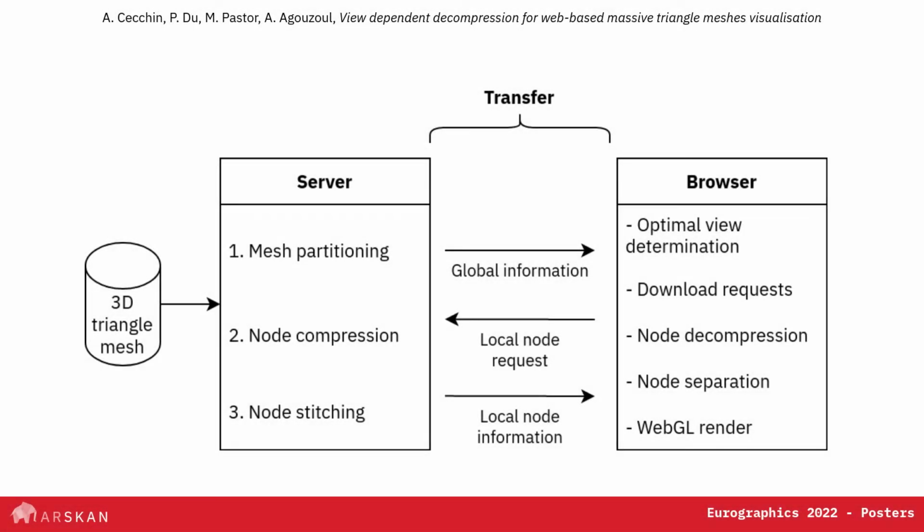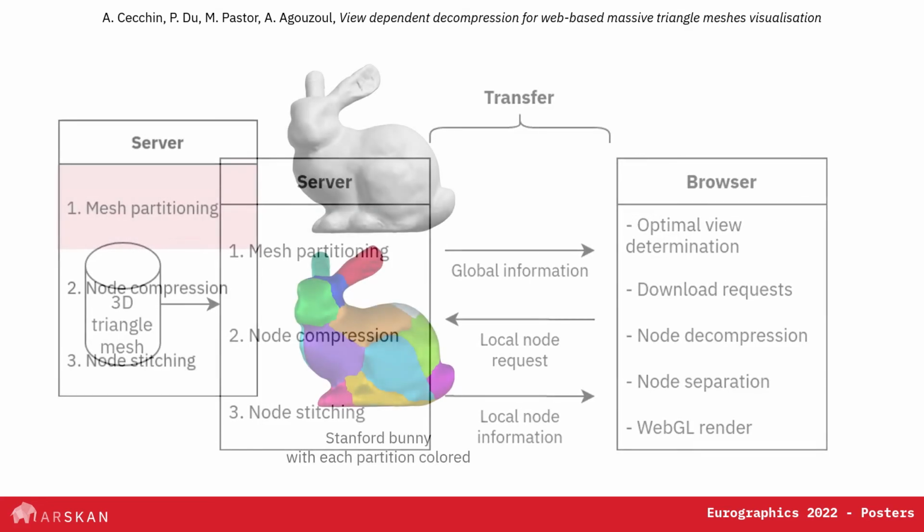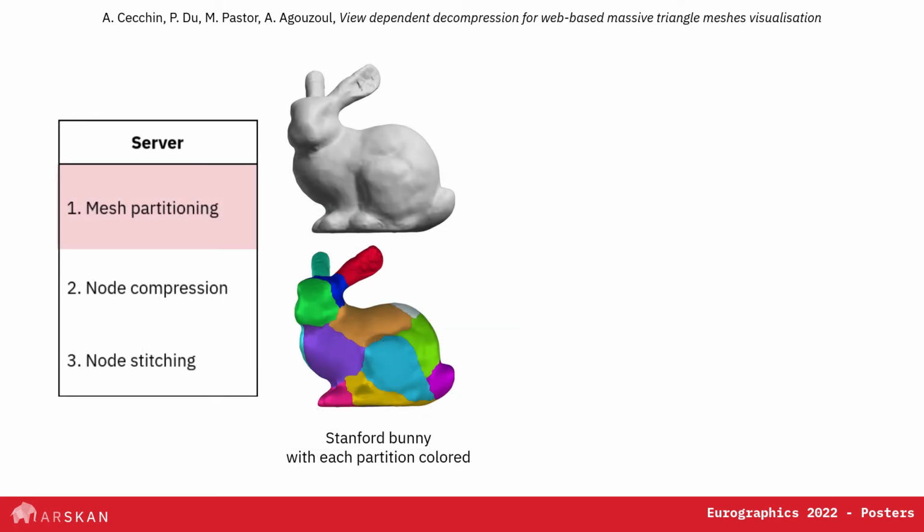Our framework can be separated into three major stages. A gigantic triangle mesh is first pre-processed on the server, then transferred with our compact representation, and is finally reconstructed on the web browser. Due to its size, we start by partitioning the original gigantic 3D mesh out of core